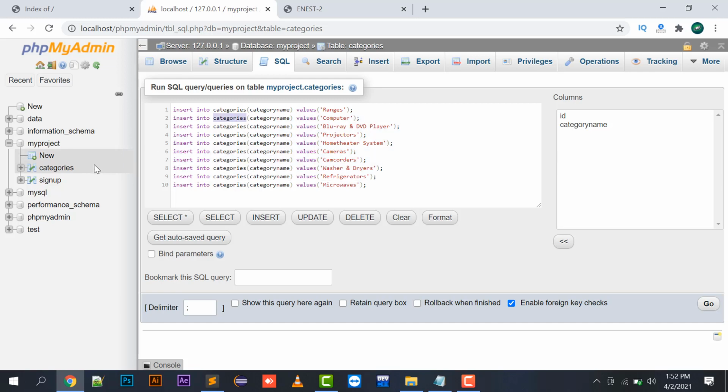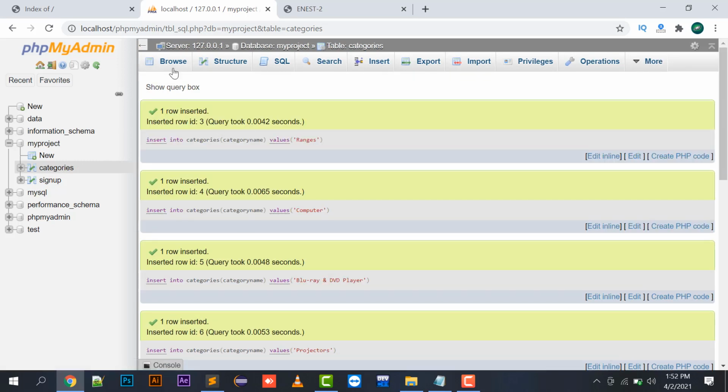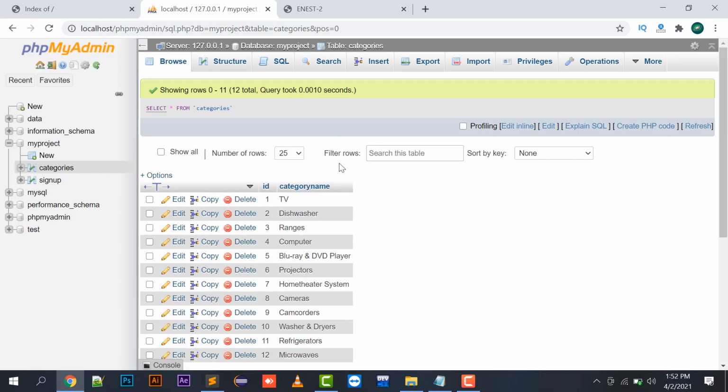So insert into categories. Categories is your table name, category name is a column name, and the values. So go. So in one instance, all the categories are being filled, right?